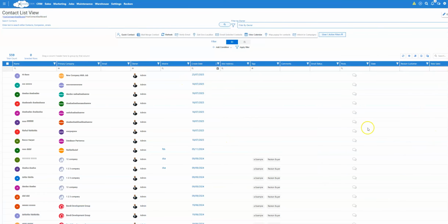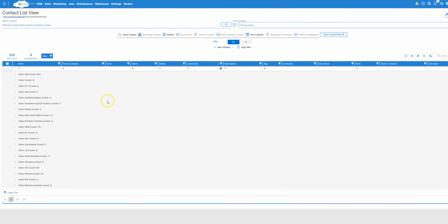Okay, so we've now got the columns that we've added. So the little things we can do now, we've brought two columns like state and total sales. One thing we can do is drag the state across into here, and it will automatically group everyone into state. Now it defaults to actual count at the moment, but if you want to add a summary of sales,